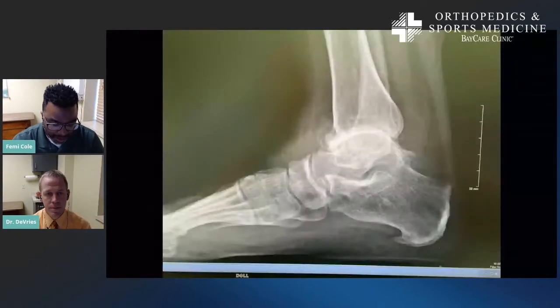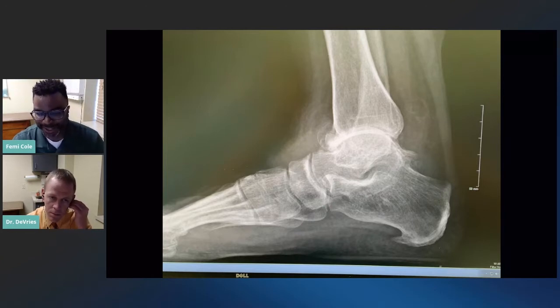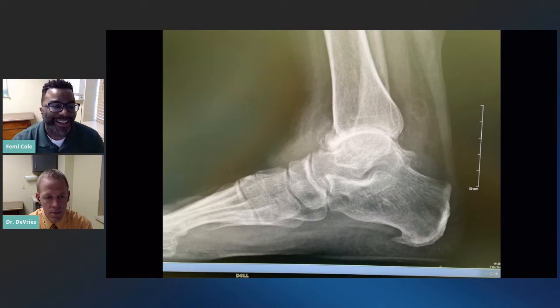Okay. So we have an image coming up shortly. Oh, there it is. Okay. So here's an X-ray of a problematic ankle. I'm not trained in reading X-rays, so can you help us, and our viewers, describe for us what's going on here? Sure. So the first thing when I look at this is I'll actually look at the foot first,